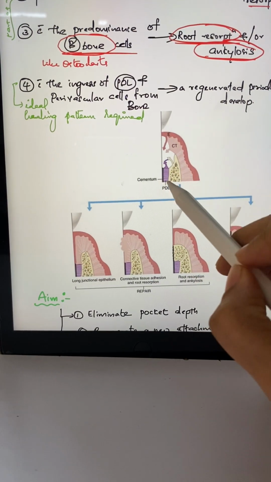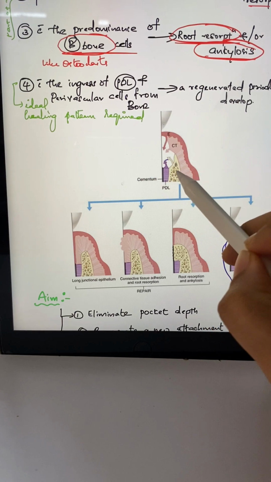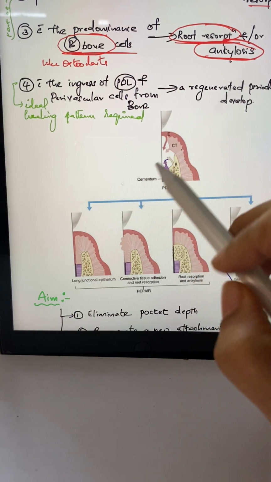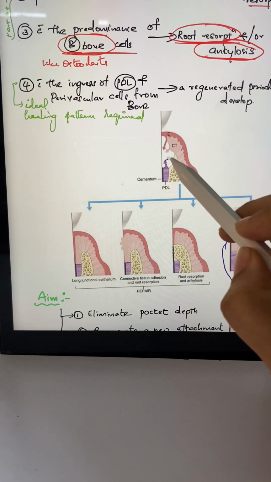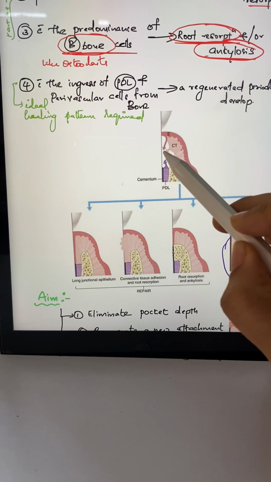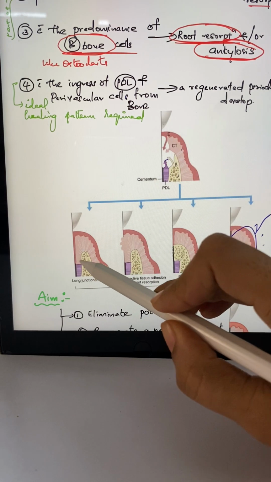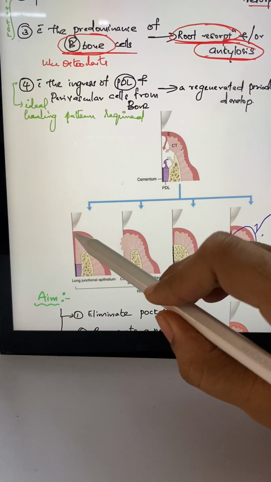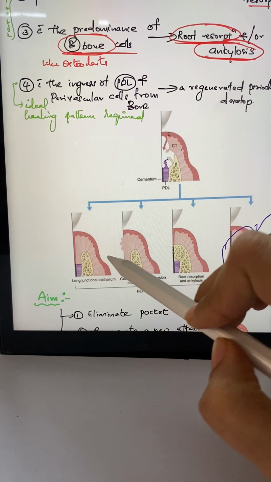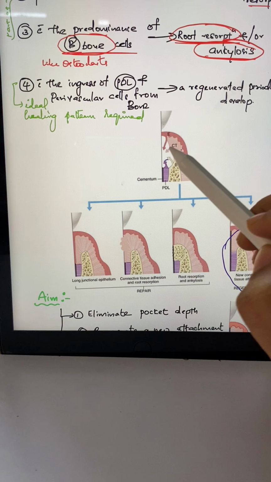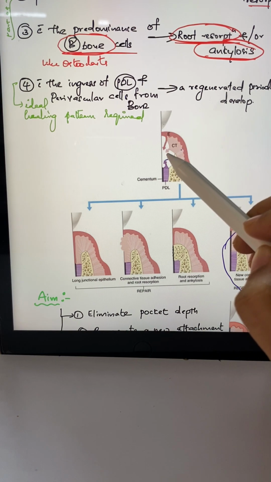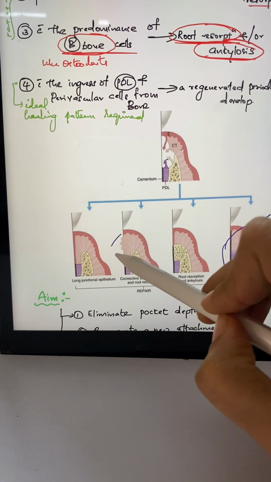Just imagine this is a periodontal ligament, cementum, bone, connective tissue and epithelium. This is the wounded site. If the epithelium comes into the wounded site, then the long junctional epithelium can occur. This is one type of healing process. If the connective tissue comes into that area, it means connective tissue adhesion and root resorption